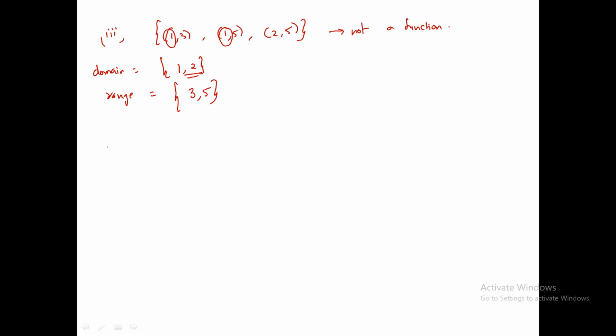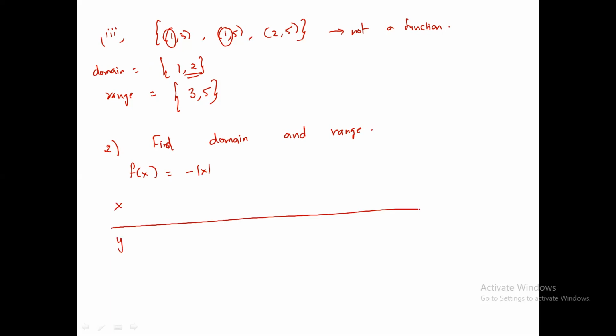Okay. Question number 2. You have to find domain and range. If you take f of x equal to minus mod of x, then what will be the domain? What will be the range? You will plot x and y. You will take some values like x is minus 3, minus 2, minus 1, 0, 1, 2, 3. You will know when x is minus 3,